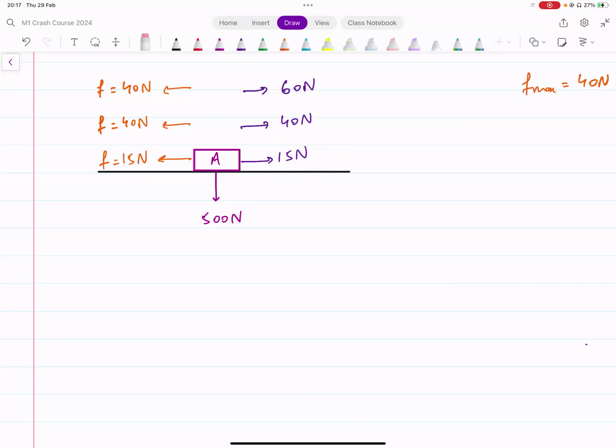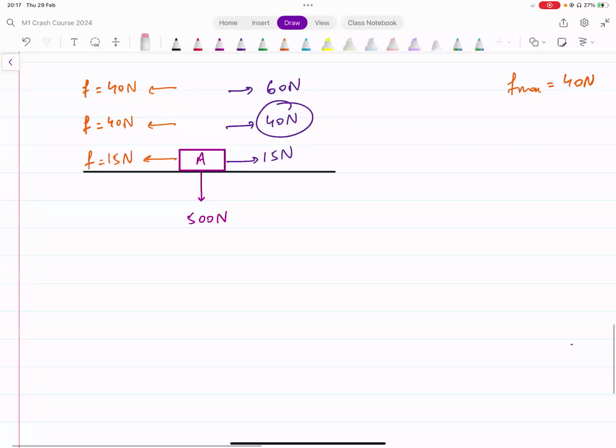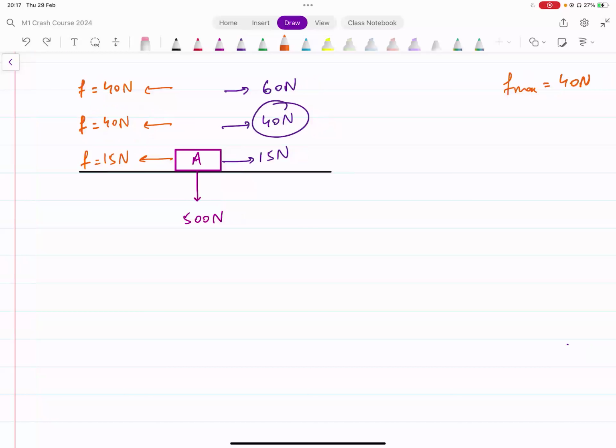In this second case, we are applying a force of 40 Newton and the friction is able to counter that as well because the maximum possible value of friction is 40. So the friction in this case is also 40 and it is able to counter the force that we apply. However, there's a difference between these two situations. Even though they're both equilibrium positions, because the opposite forces are equal,